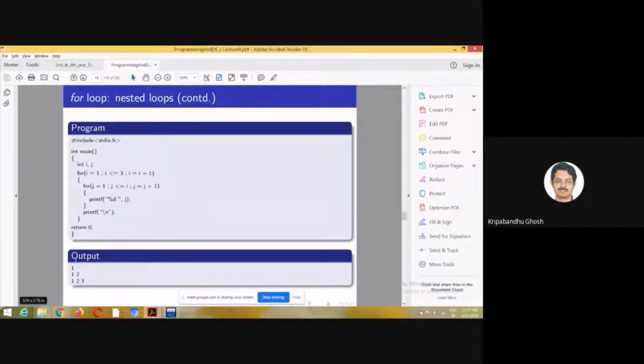So you see that here I have printed 3 rows. That's why the outer loop goes from 1 to 3. In this format, you have to run the outer loop 3 times. That's why it is 3. If I wanted 4, then this number would have been 4. And you see that the inner loop is dependent on the outer loop. Why? Because here j starts from 1, but it ends at i.